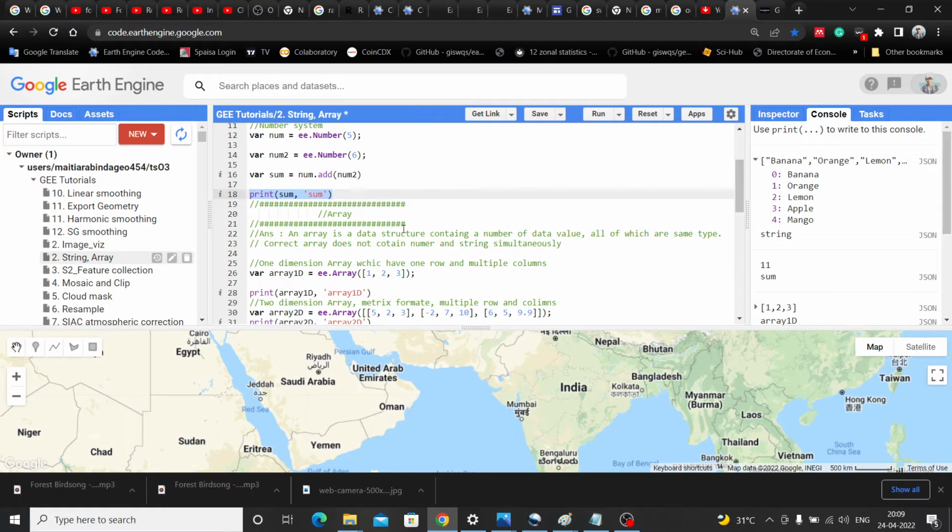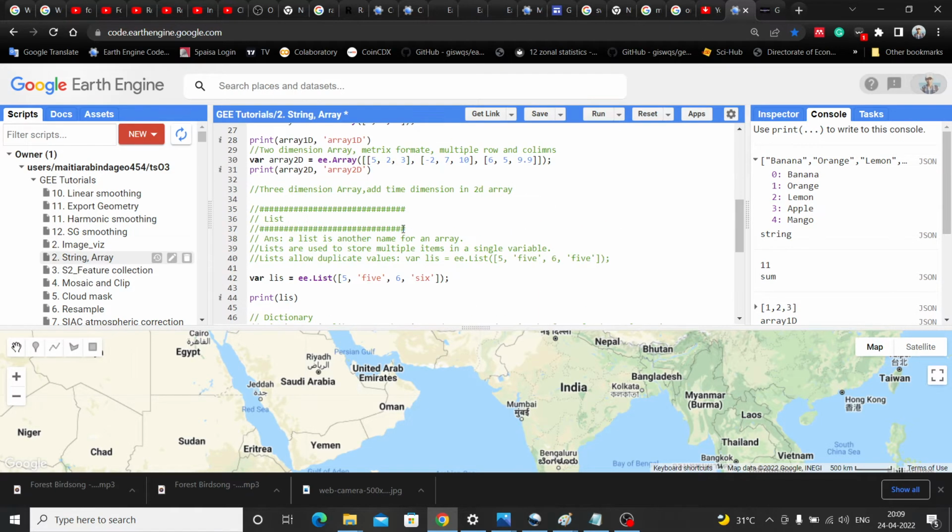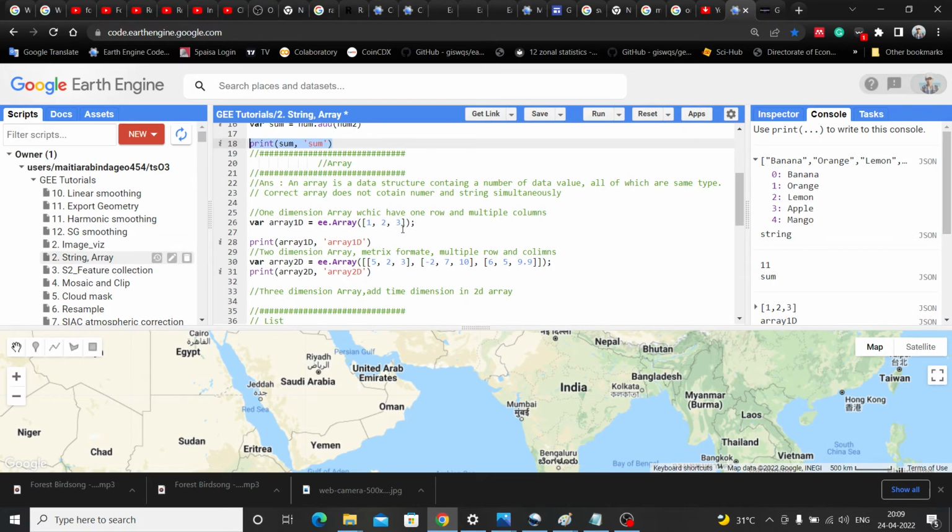Now next we will discuss array. So what is an array? An array is a data structure containing a number of data values, all of which are of the same type. Correct, an array does not contain numbers and strings simultaneously.